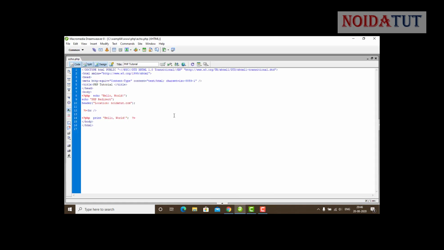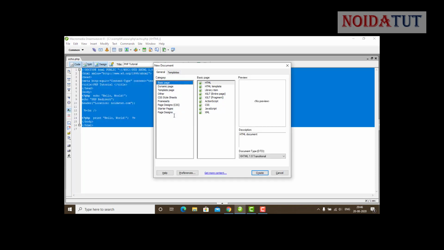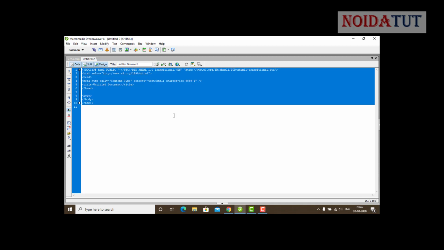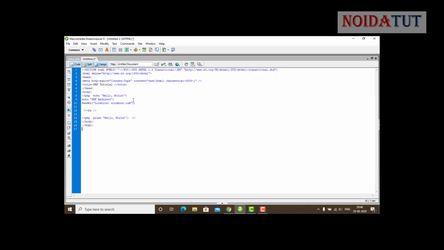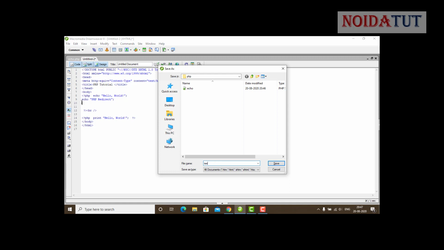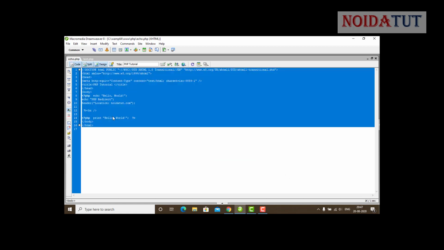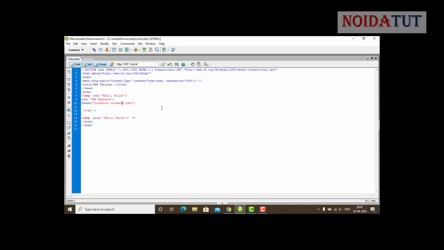So what we are going to do is first create another page. Let us create another page, and in this page we have just removed the redirection, and we are going to save it as test.php. And in this page we are going to display test.php.